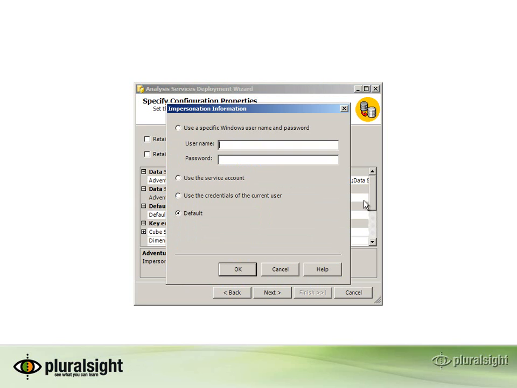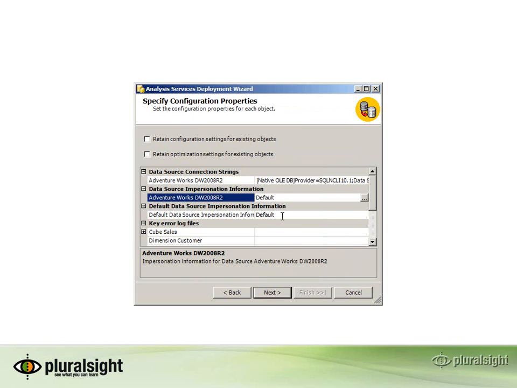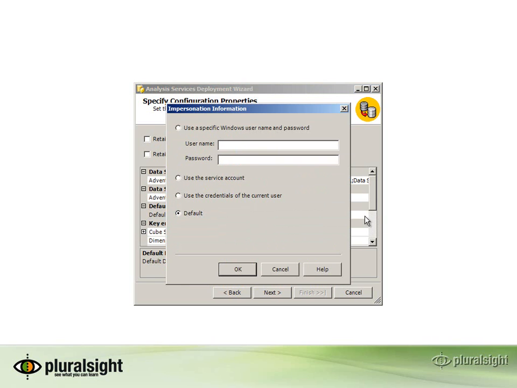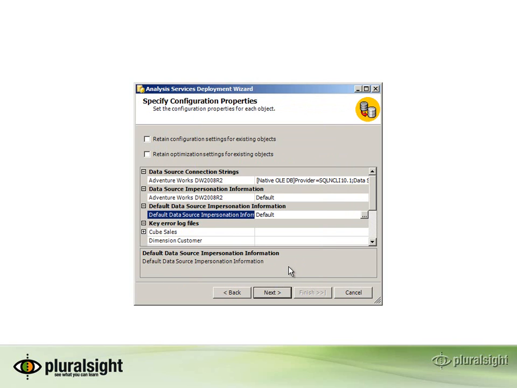We can also change the impersonation information to provide a specific domain and user account, or we can specify use the service account, or we can have the current user's credentials being used, which is generally not a good idea for production purposes, or we can instruct Analysis Services to look to the database configuration, which we can manage on the server directly. As an example, here's the impersonation information that we can specify as the default, and using Management Studio, we have an opportunity to update that information as well. Moving on,